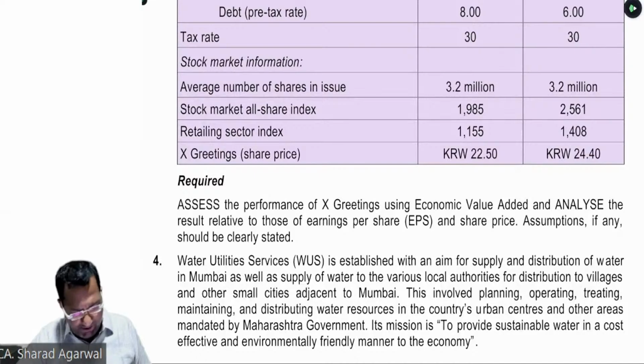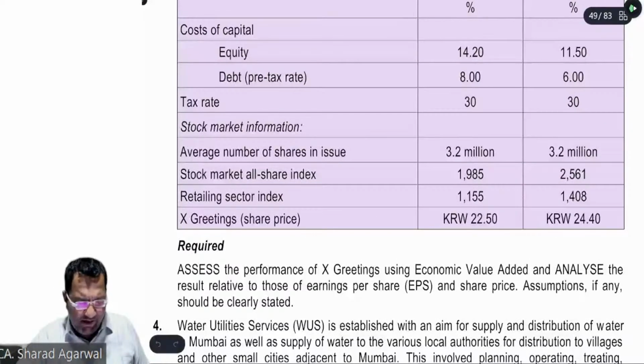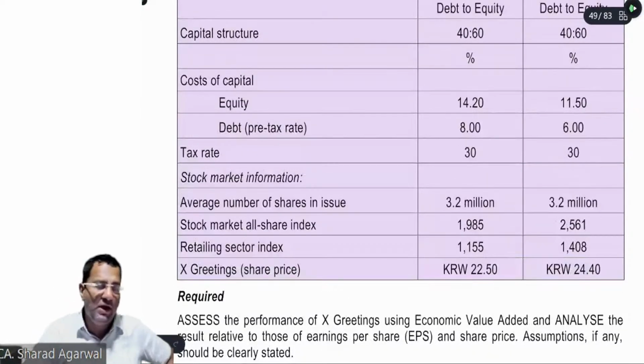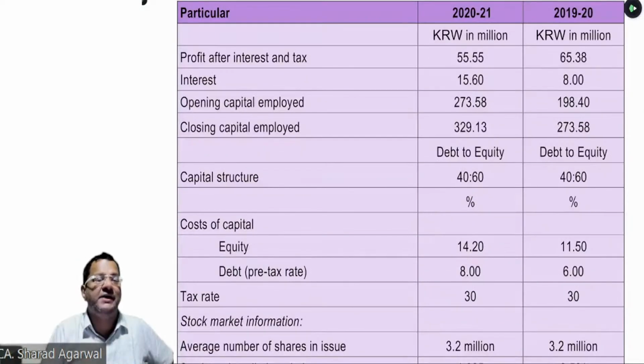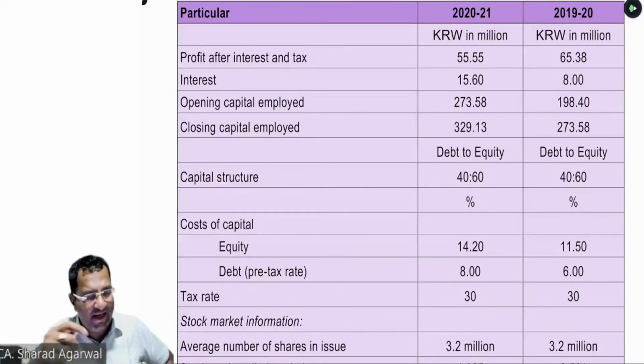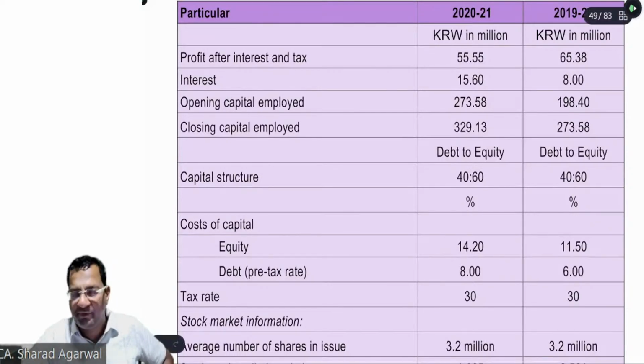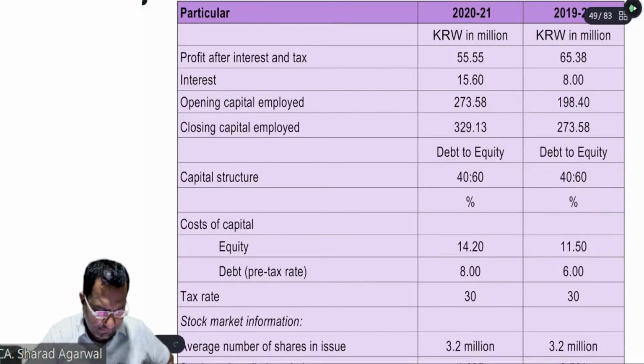तो चलिए बेटा कुछ समय देता हूं मैं आपको. बहुत सिंपल है. ईवीए कैलकुलेशन तो बहुत ही सिंपल है, because in this question there is no single adjustment regarding the NOPAT and the capital. सो बहुत कम समय लगना चाहिए बेटा. I'm giving you 5 to 7 minutes to find out EVA for both the years, 1920 का भी और 2021 का भी, because detail has been given for both the years. So definitely they require the EVA to be computed for 1920 as well as 2021. So I'm giving you 5 to 7 minutes.